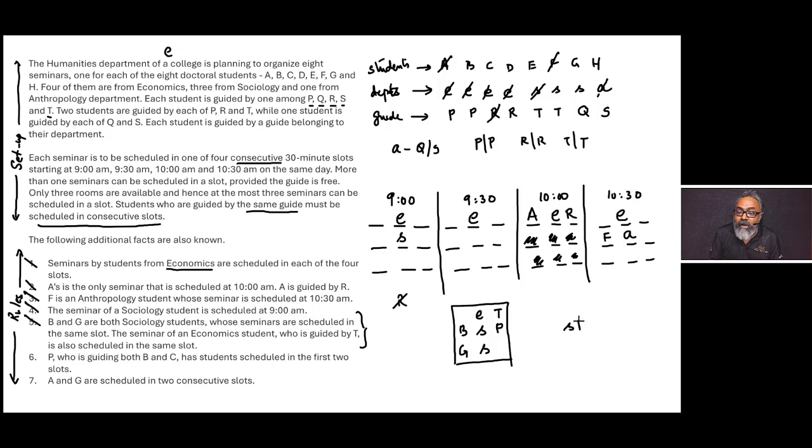P has to guide C. We know that P is with sociology and therefore C is also with sociology, and these two blocks have to come one after the other. It could be either in the 9 a.m. slot or the 9:30 a.m. slot, one of these two orders. Great. A and G are two consecutive slots. We already have G there, A we already have there, which means we can put this slot here. So we have B, G, S, S and P there, which means C, S and P has to be